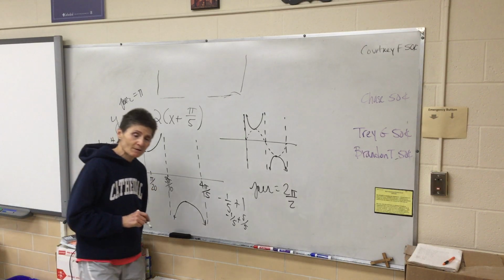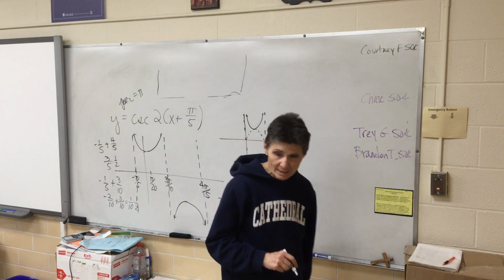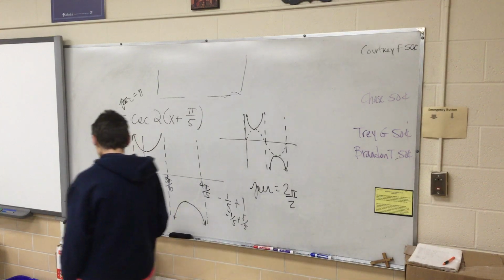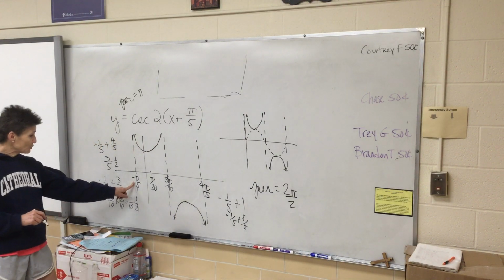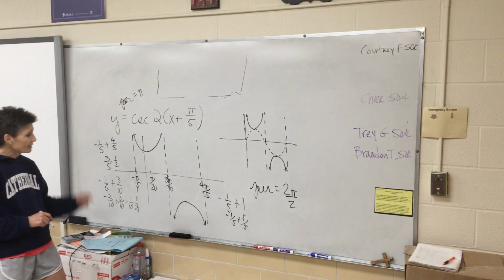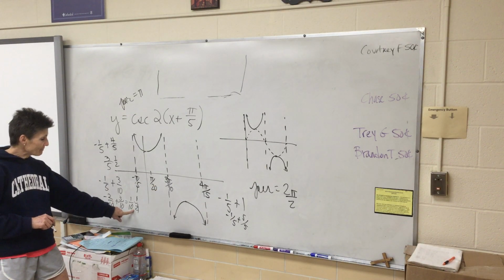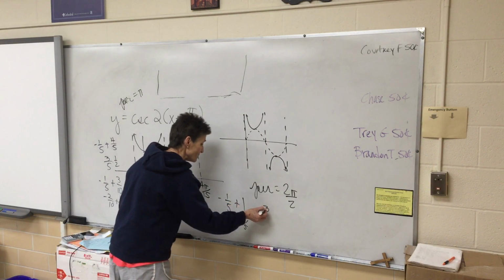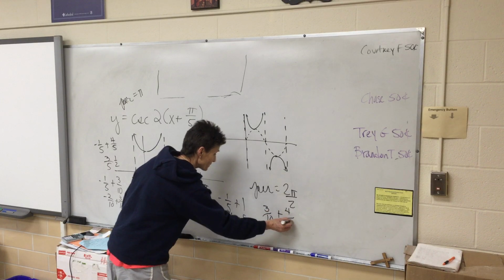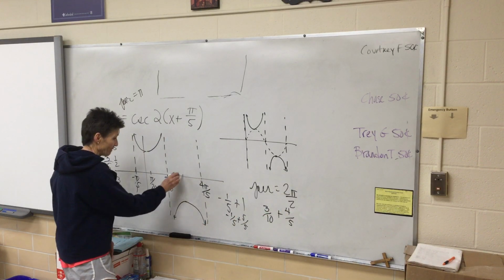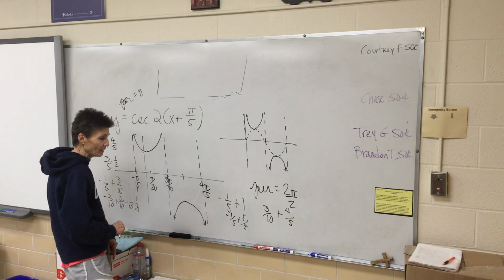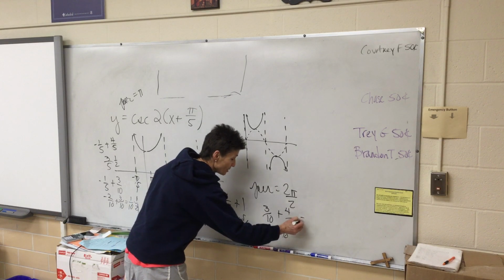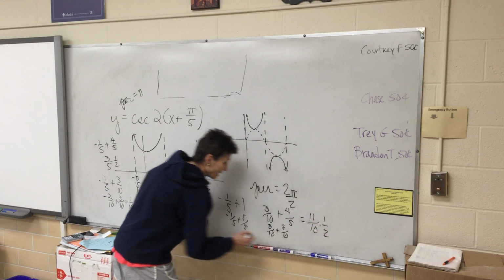Don't you dare get bogged down in the arithmetic. Kids, you're finding the midpoint. And the midpoint is average. Add and divide by 2. So I added negative 2/10 and 3/10, got 1/10. Half of that is 1/20. Now I'm going to do the same thing here. So I have 3/10 and 4/5. Finding that point right there, the top of that parabola. So that's 3/10 and 8/10. So that gives me 11/10, and half of that is